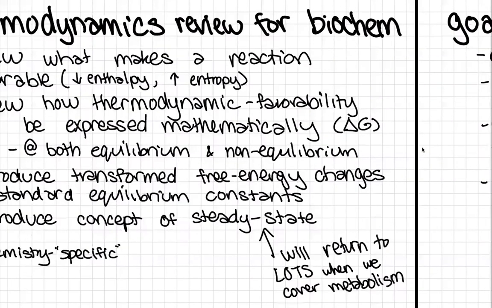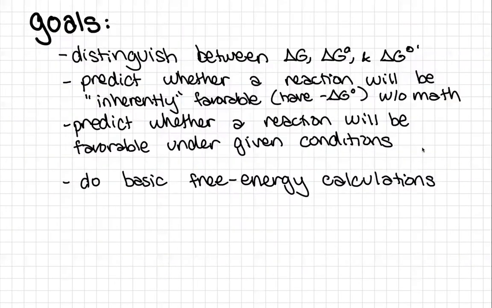By the end of the video and your reading and everything, I'm hoping that you'll be able to distinguish between delta G naught and delta G naught prime. Be able to just look at a reaction and predict whether it'll be inherently favorable, that is, help with a negative delta G naught. Also be able to predict whether a reaction will be favorable under the given conditions, and do some basic free